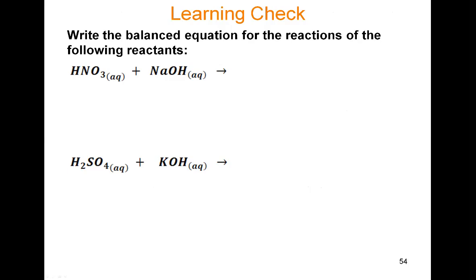So first you want to identify which one is the acid, which one is the base. In the first 2 reactants there, the acid will be HNO3 because it has H first in the formula. So that's nitric acid. Then plus NaOH, that's your base, and hopefully you recognize that there is the OH- ion in that formula. It's combined with Na+,